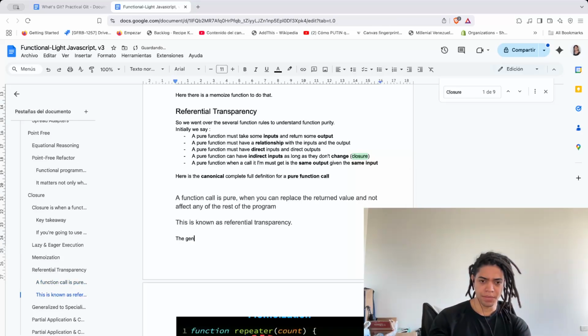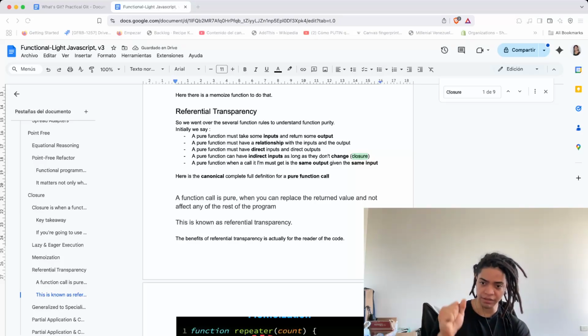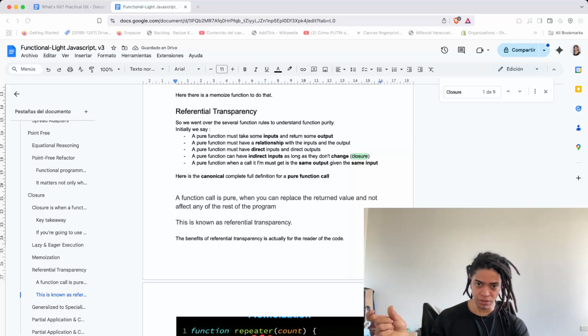So the benefit of referential transparency is actually for the reader of the code. Because what you now have is the certainty that when you call this function, you can replace this return value and not affect the rest of